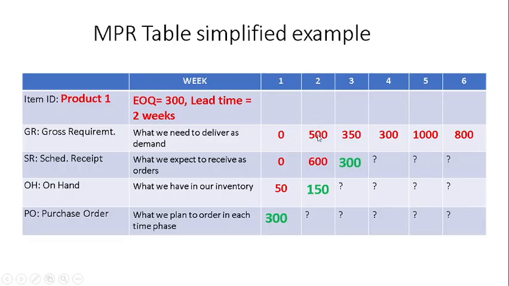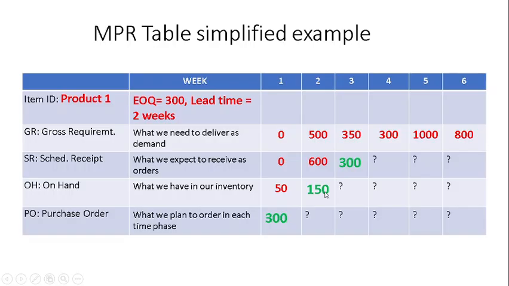In week 2, I need to deliver 500 items. I'm expecting 600 and I already have 50 in my inventory. So in total, I hold 650. If I take out the 500, I am going to be left in my inventory with 150 at the end